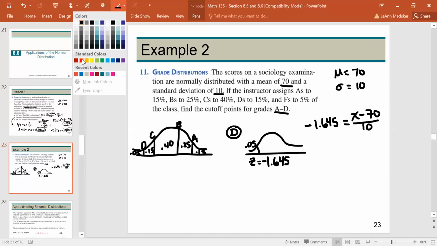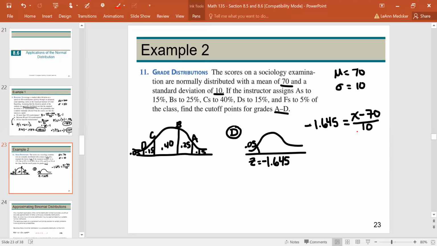We're essentially given the z-score by using the percentile, and then we solve for the item. So we're going to multiply both sides by 10. That would make this negative 16.45. On this side, it would just give me X minus 70. And we're going to add over the 70 to this side. And when I did that, I got that the people who got a D in the class scored a 53.55,